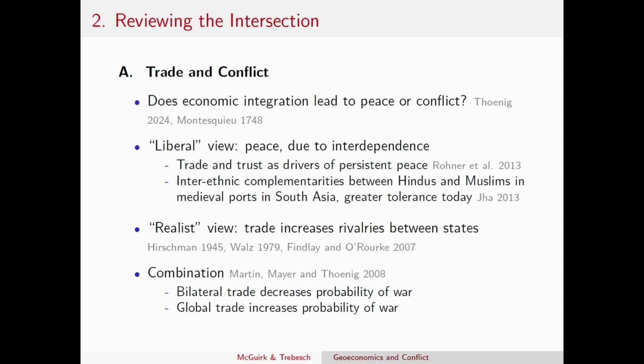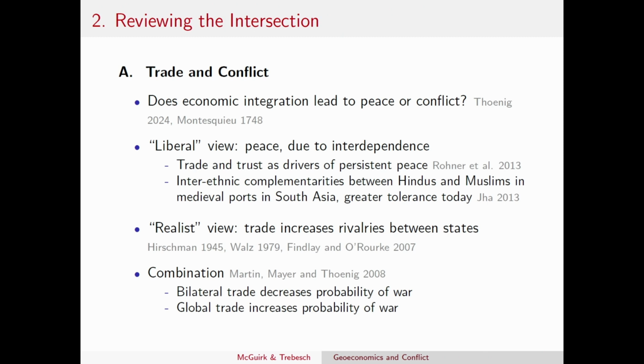So this is the doux commerce, the Montesquieu, right? So the liberal view being that trade leads to peace because of interdependence. Dominic has some work with Sili Abodi and Tonig on trade and trust as sort of self-reinforcing drivers of persistent peace with multiple equilibria. And when this breaks down, it can really break down and lead to a conflict trap. And then Soumitra has work, using micro data, testing sort of the heart of the hypothesis on economic complementarities and peace or tolerance between groups,